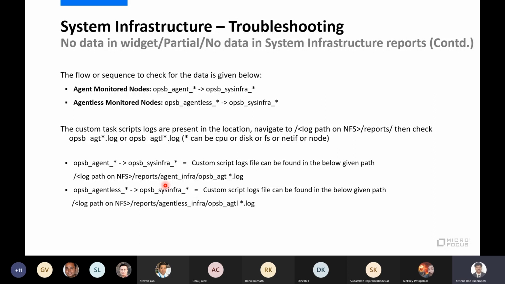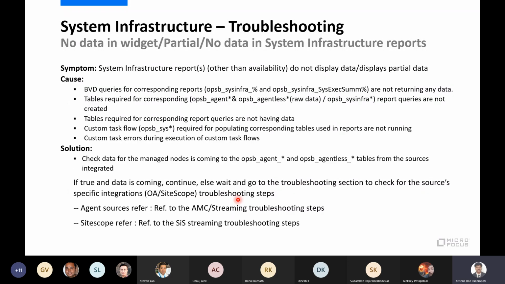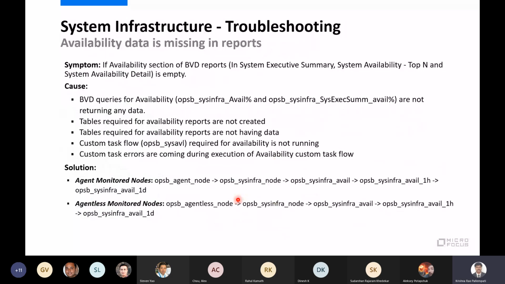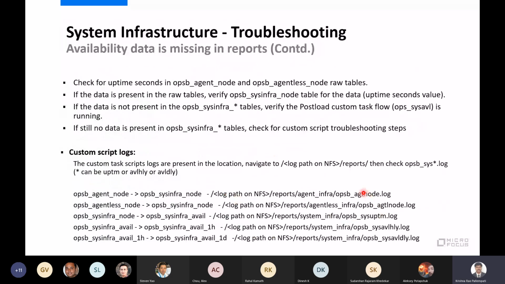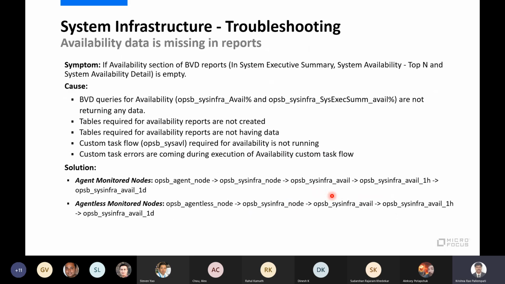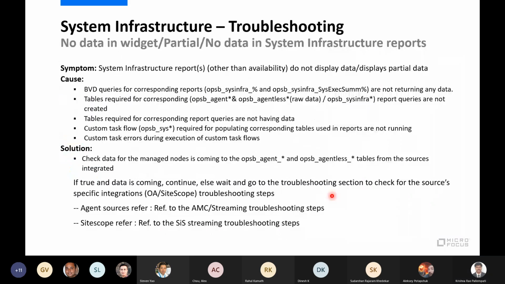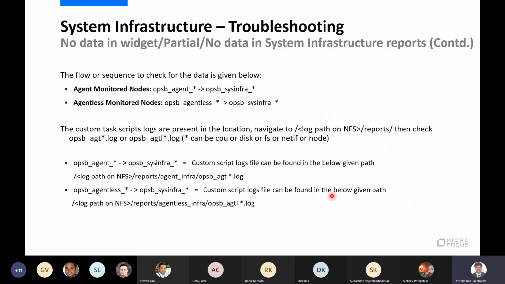For that information, again from the same path, I have OSPI agent-specific and agentless-specific logs. This is the same log path which I have mentioned here, so you can go here and verify the relevant tables, relevant logs. So we will see the agent-specific and agentless-specific logs, and whether the data is moved or not.